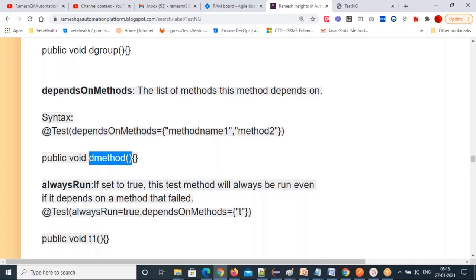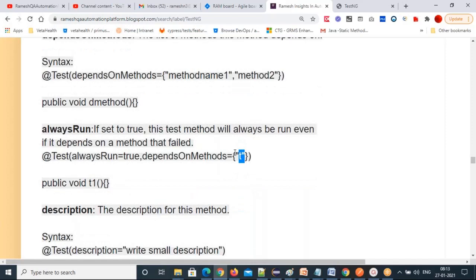I can continue my D method execution. In such cases, put a comma and write alwaysRun = true, even if the dependsOnMethods fails. You can write alwaysRun = true, comma, dependsOnMethods, this T method. If the T method fails also, this T1 method will execute. Why? You have set alwaysRun = true.